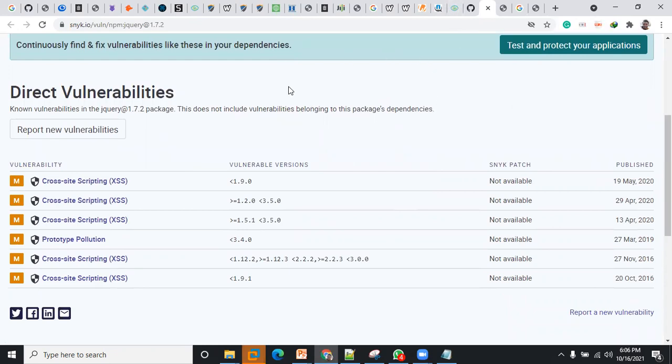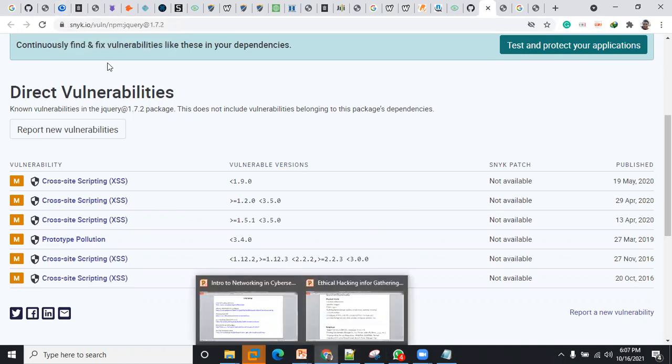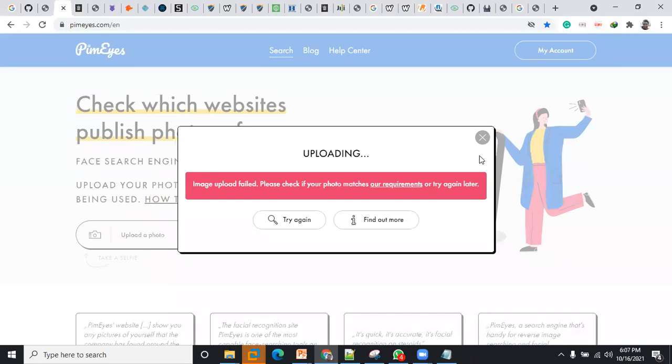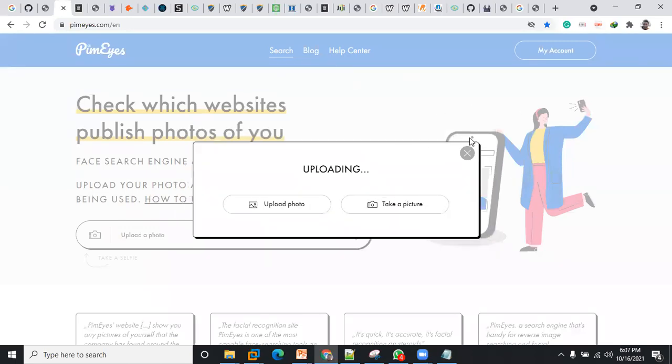So guys, I wouldn't want to waste more time. I don't know if you have any questions. I just want to make it practical for you to see how we can look out for exploits on external facing assets. If you are working for an organization, you could try it out for your organization. If you find anything vulnerable, you could report it to your IT team or to the necessary department. So I don't know if I have any question at this point, so that we could go on with our slide.